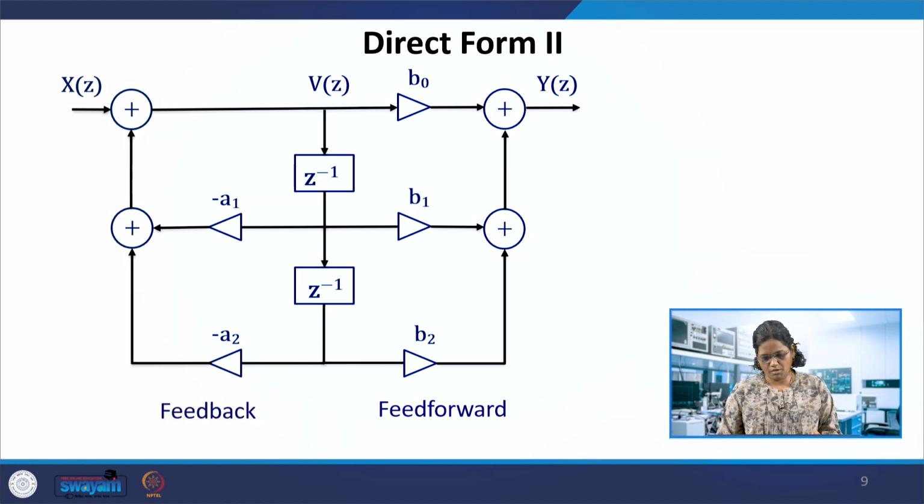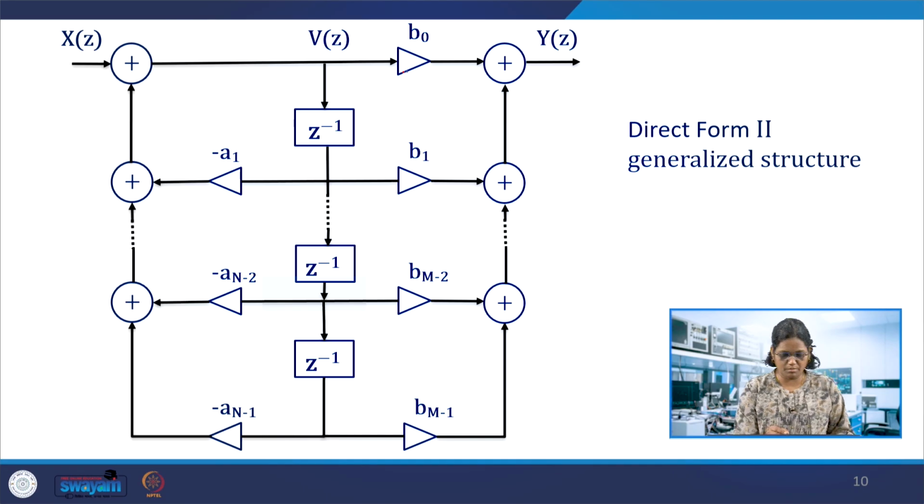So the generalized form of this direct form 2 structure is this: b naught. How long we extend it depends on how many delays we use. Here a1, b1, this is b naught, the first coefficient in the numerator, and then it goes up to the last numerator coefficient, bm, and a1 to an minus 1 are the coefficients in the denominator. So adding up, this is the generalized structure, which would go this side and this would go this side.